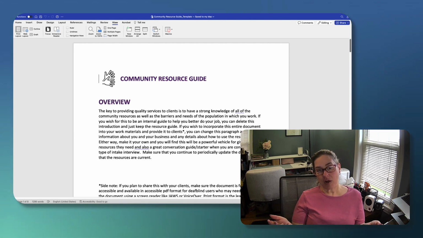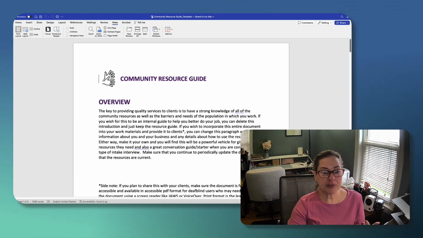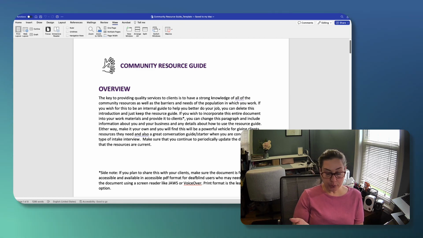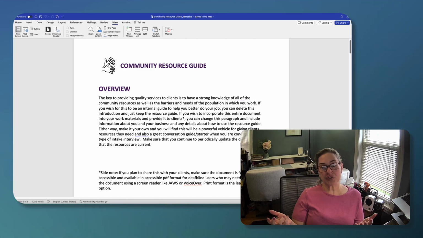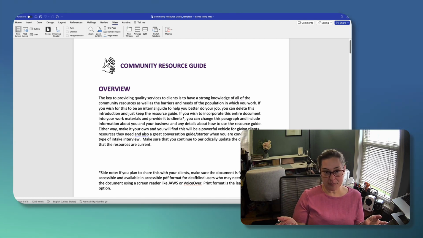And also I included some topics that I think will be helpful. So the first page I developed kind of an overview, and one that was obviously an explanation for you, but you can use this in a couple different ways. So if it's just meant to be an internal document for yourself, then obviously you don't need this first page. You can get rid of it and you don't have to keep it.